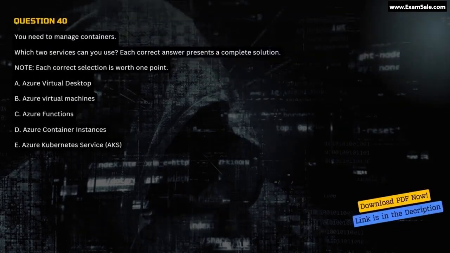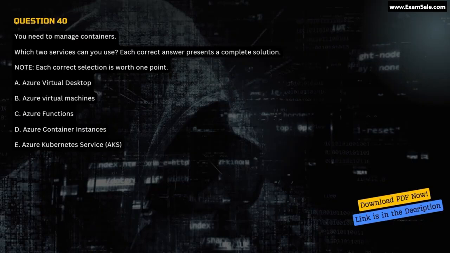Question 40. You need to manage containers. Which two services can you use? Each correct answer presents a complete solution. Note, each correct selection is worth 1 point. A. Azure Virtual Desktop. B. Azure Virtual Machines. C. Azure Functions. D. Azure Container Instances.